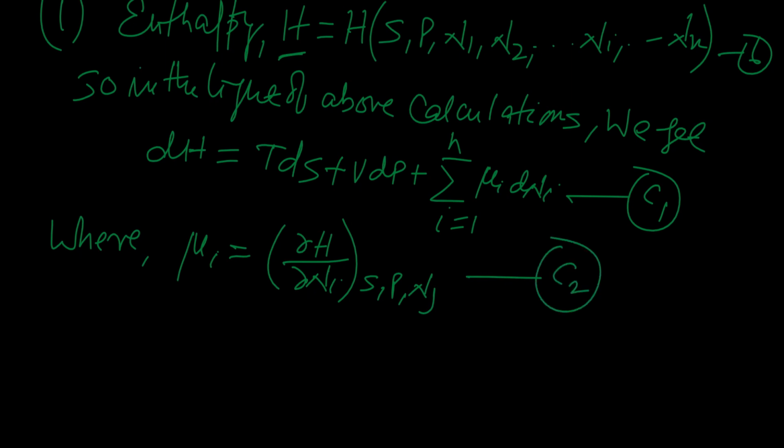In fact, this is the defining equation of chemical potential in terms of enthalpy. You see that the definition is the same. You may say that the rate of change of enthalpy with respect to the number of particles at constant entropy and pressure is the chemical potential. So one thing you must have noticed is that only the parameter U or F has been changed to H, and there is no other difference.